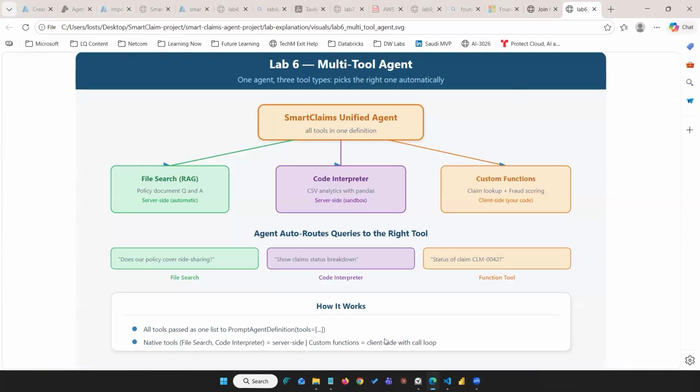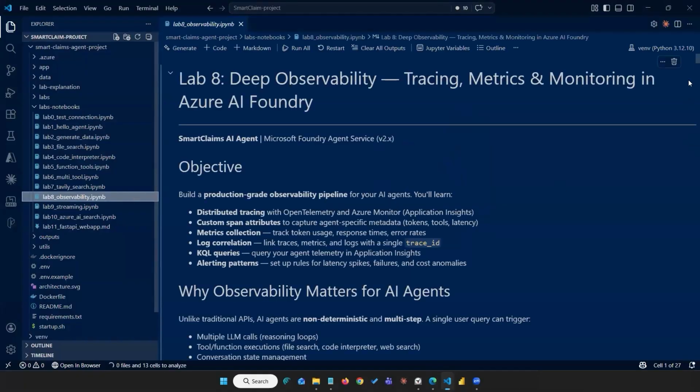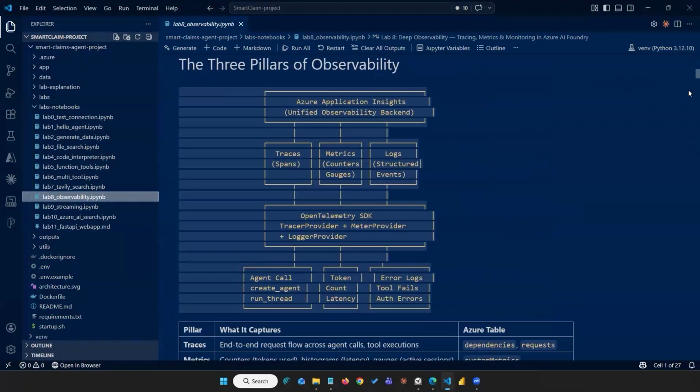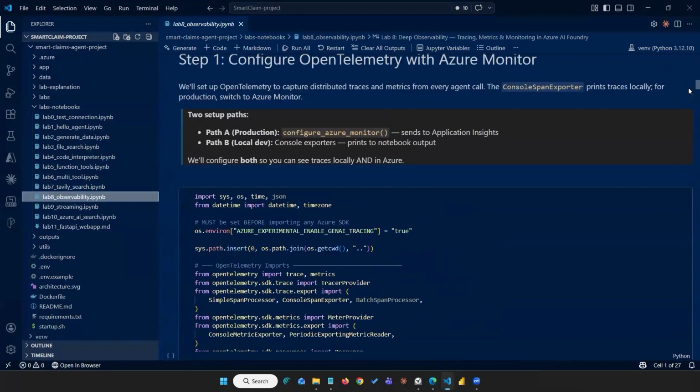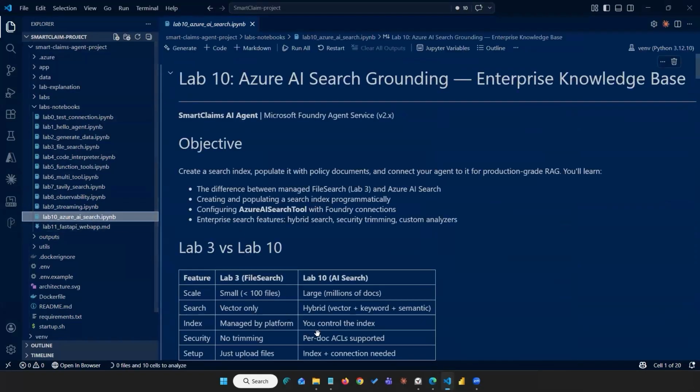Okay, and once we are done with this multi-agent, let me take you through the observability concept. Though we have the lab, you can look into this end to end. How can you find all the insights when the agent interacts? I'll show you this aspect, and then I'll show you something related to Azure AI Search, which you must be aware of. But we'll see what the difference is between using file search as compared to using Azure AI Search. But let us start with